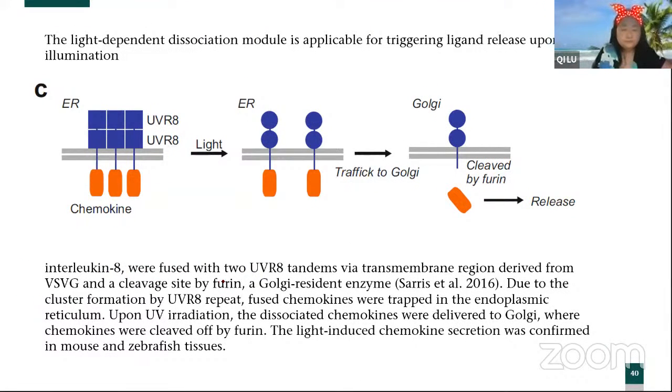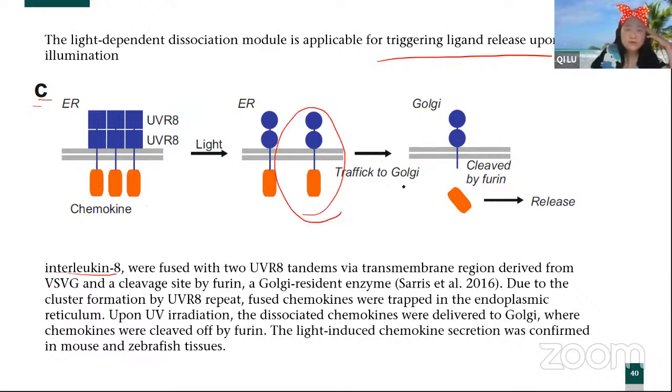So also chemokines. In figure C, talking about light-dependent secretion modules, it can also be used to control ligand release upon illumination. Within the ER at the resting state, the interleukin was fused with UVR8 tandems with a transmembrane sequence, and they bind together. After shining light, those UVR8 structures dissociate, and this helps these molecules traffic into the Golgi